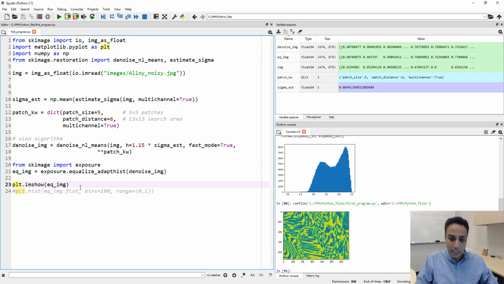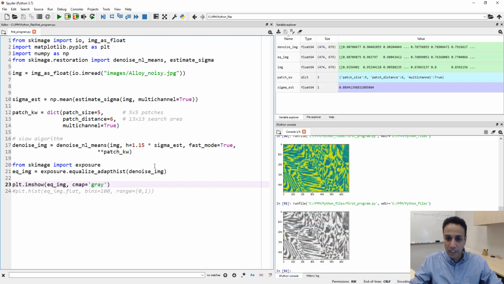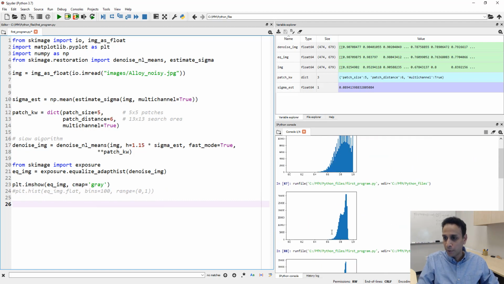Yeah. So if I actually do cmap equals gray, you'll see much bigger difference. If I save it and open the image, you can see that it's not really a segmented image. There are a lot of pixels here, a lot of pixels there. So it's just an equalized image, and that's not bad